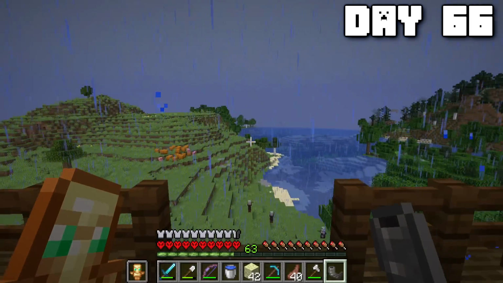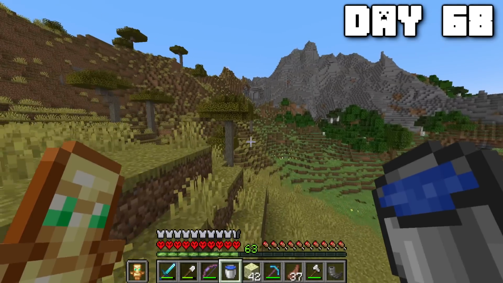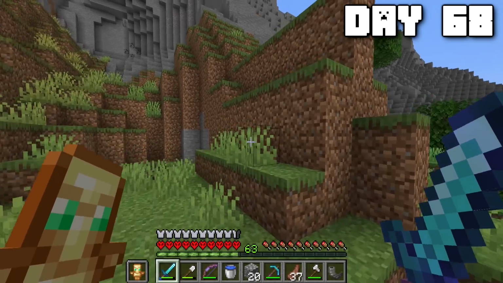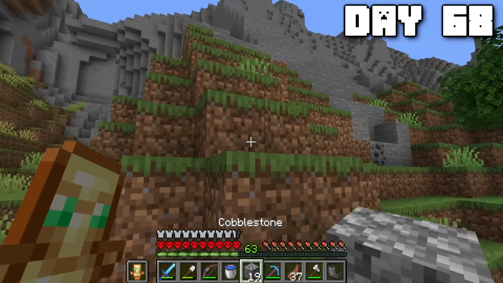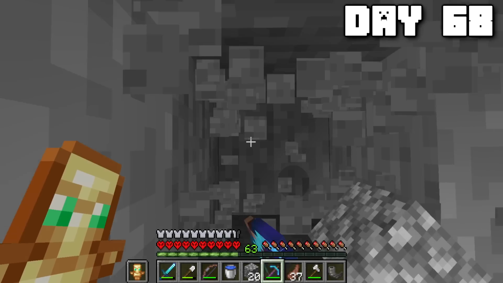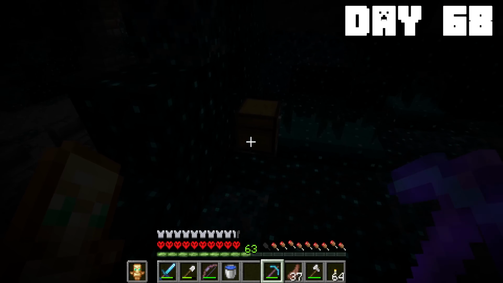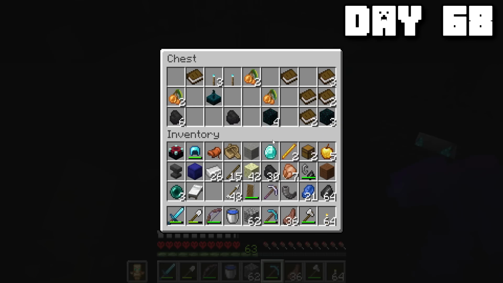That's gross, I'm sorry. So I looked out on day 60, I must say that. You see that giant hill there? It's known as the Stony Peaks. And if my memory serves me right, ancient cities have a chance of spawning underneath them roughly at about Y-50. And so I began digging down until I found it. And the search was on. And I searched chest after chest after chest until...